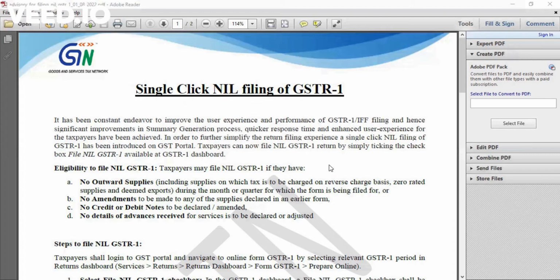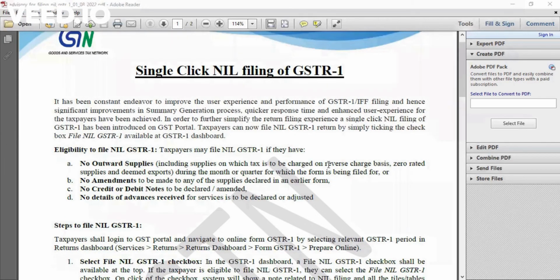Third condition: no credit or debit notes are to be declared or amended. Fourth condition: no details of advances received for services are to be declared or adjusted. The steps to file nil GSTR1 are: